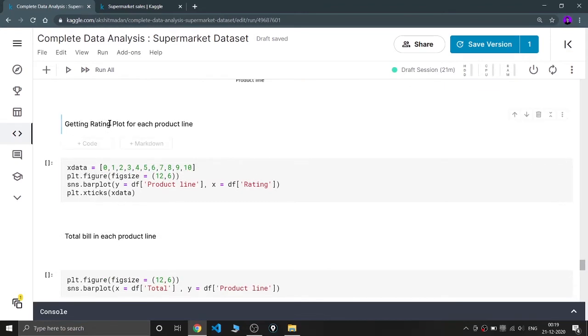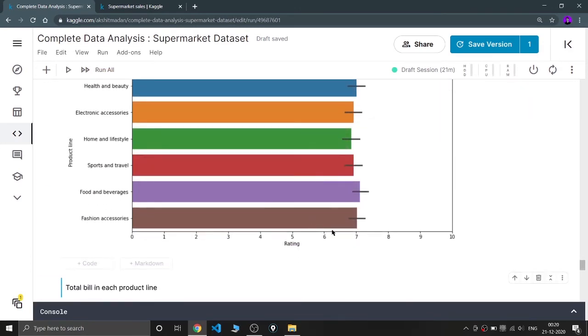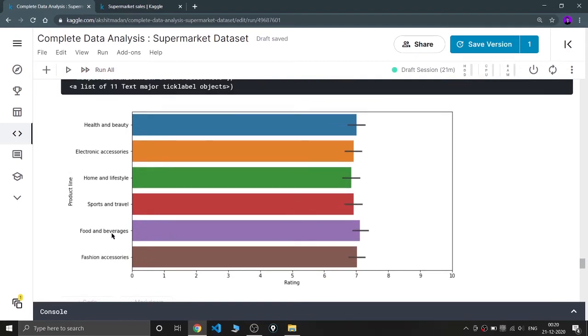Now I wanted to get a rating plot for each product line. I got curious which product line has the best ratings. So what I'm doing is making the x data, that is 0 to 10, because the ratings are between 0 to 10 only, and I'm defining a figure with a figure size of 12,6, giving the x ticks as this x data array, and drawing a bar plot with y as my df product line and x as my rating. You need to focus that x is my rating because I'm drawing a horizontal kind of graph. So when I run it, you can see over here that